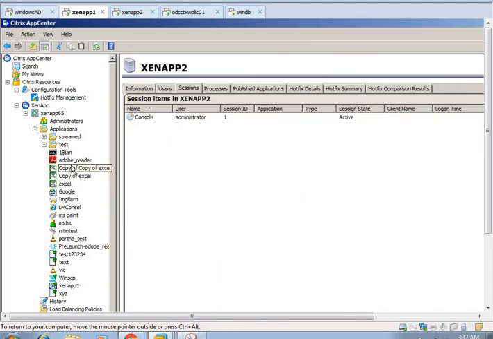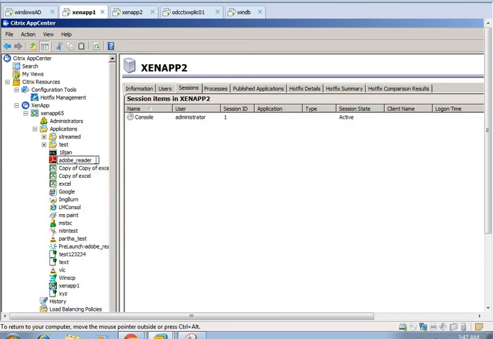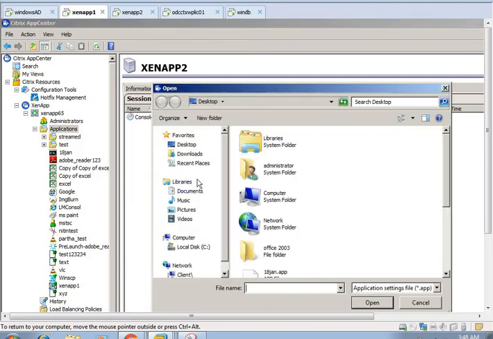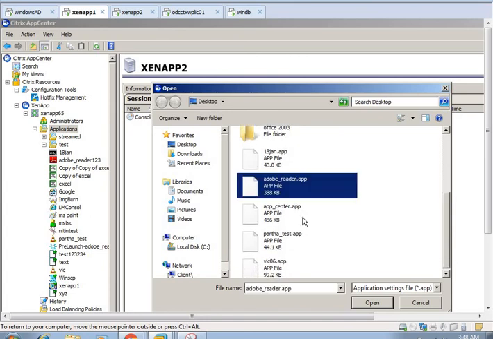In case the application gets corrupted or is not running, you can rename this application. Okay, the application has been renamed. After that, click on the application, other, import from file, and select the Adobe Reader.